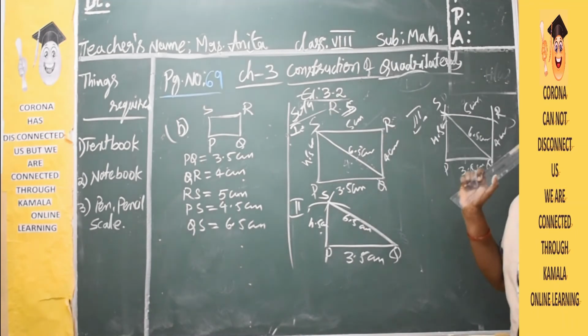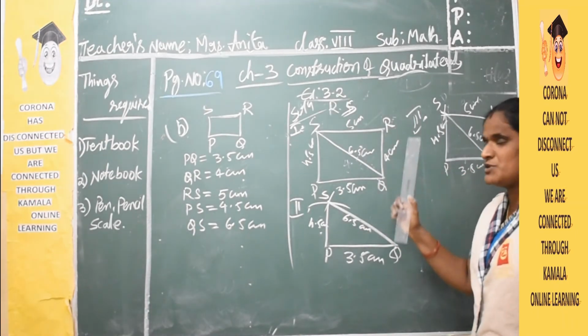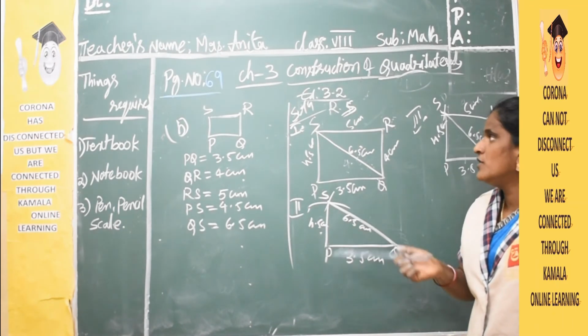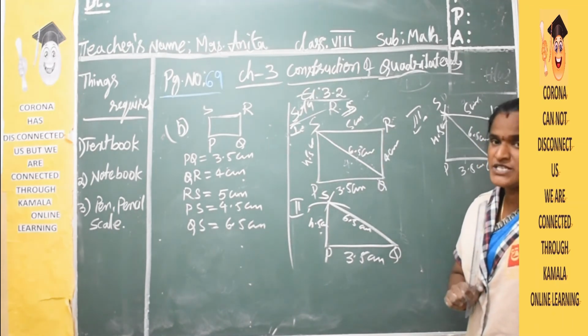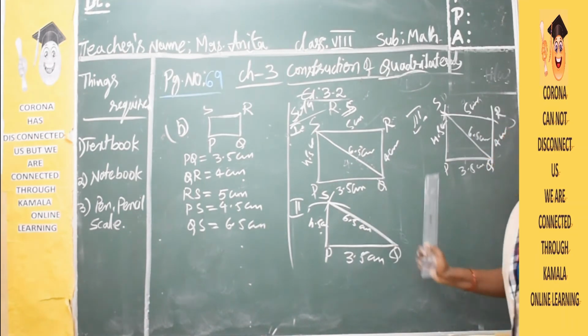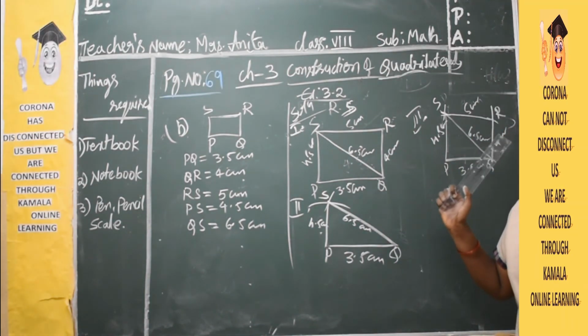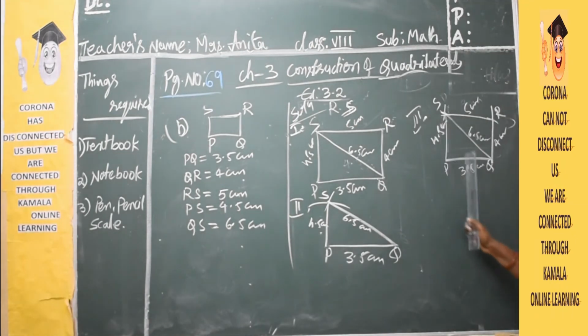So what I said in the previous problem, the whole problem is worth 4 marks. Okay, follow the instructions, children. So 1 mark for the rough sketch, 1.5 marks for the total construction. Next, how many marks? 2.5. Next, the measurements are for 1 mark, half a mark for our conclusion.